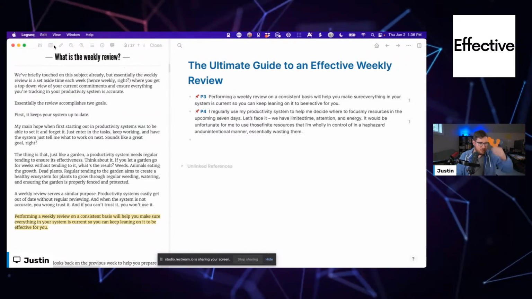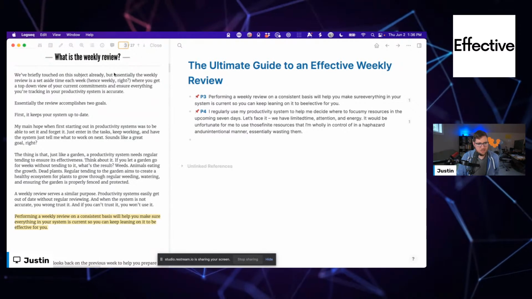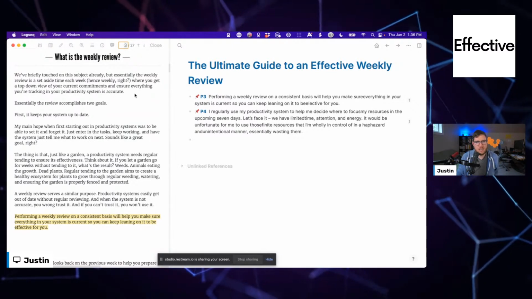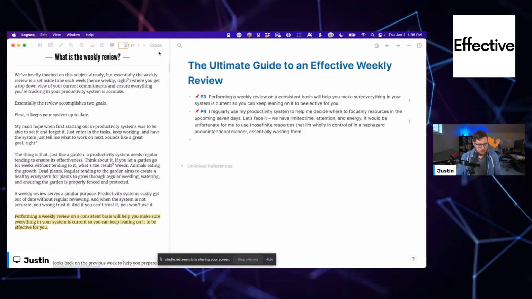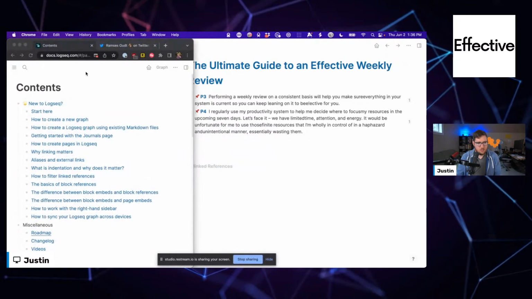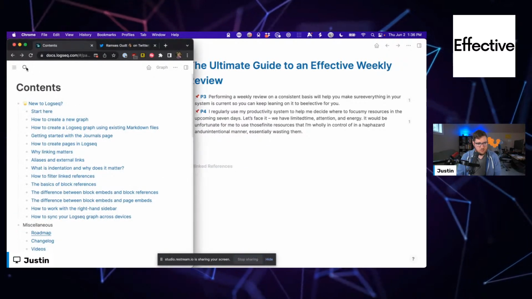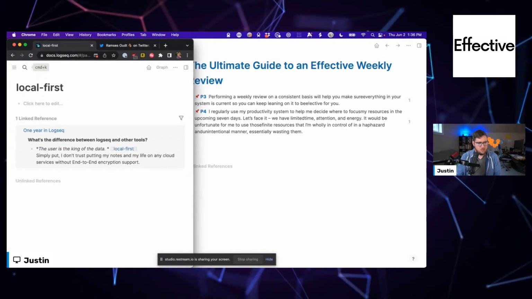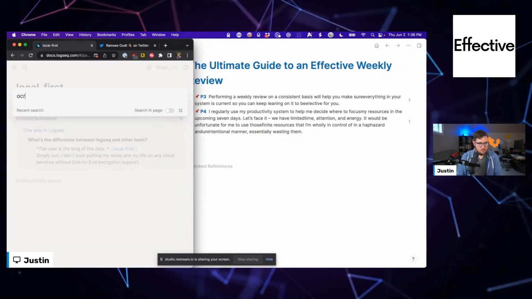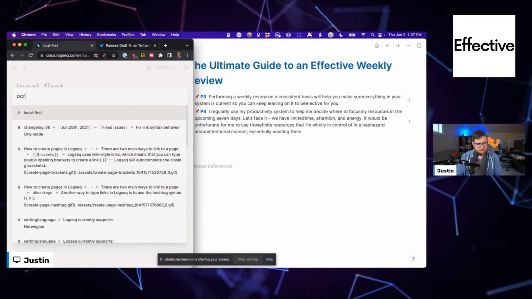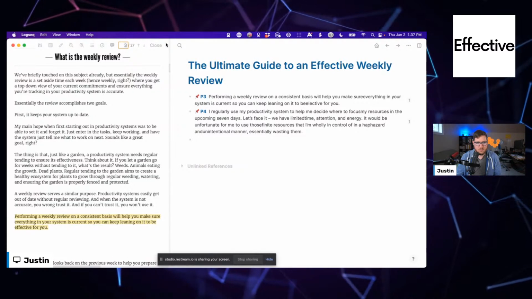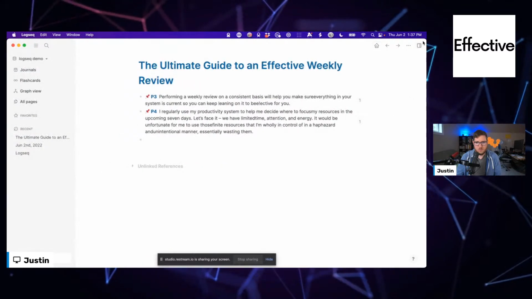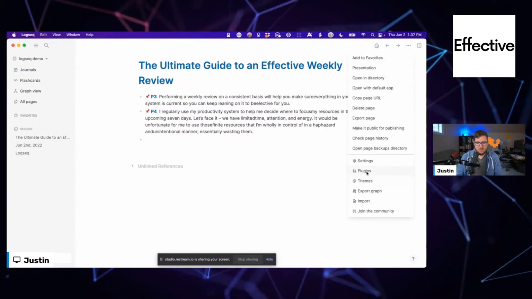I love the fact that you can pop a PDF in here, and if you can get the text out of the PDF, if it's been OCR'd or something like that, it'd be pretty easy to drop it in there. I don't know if Logseq does OCR. Well, that's not what I wanted to do. No, it doesn't look like it there. There might be a plugin for it or something like that, though. People seem to be interested in doing stuff like that.